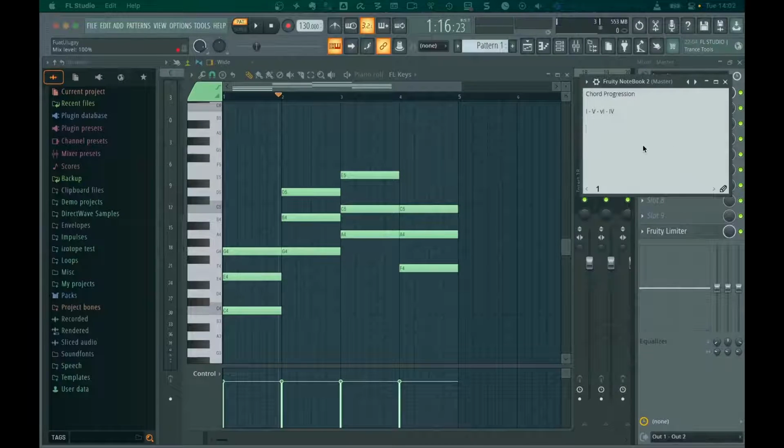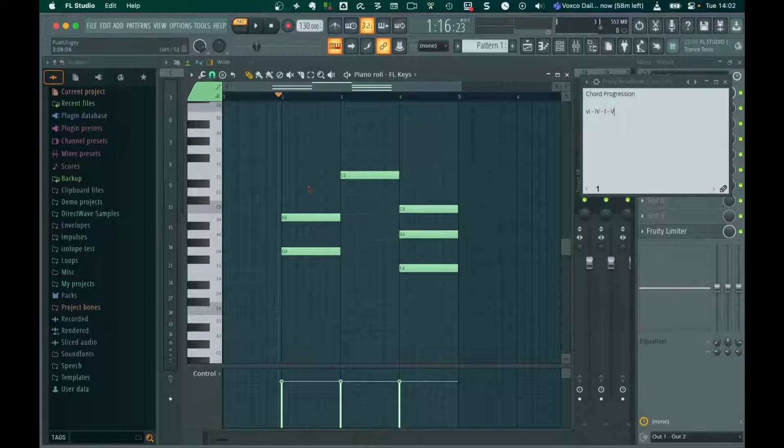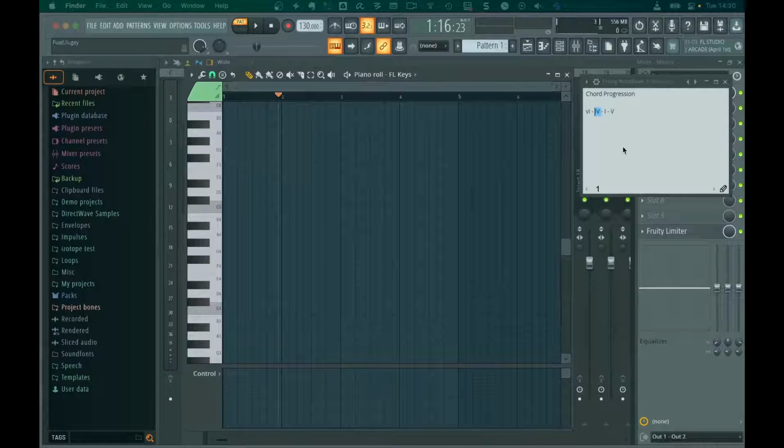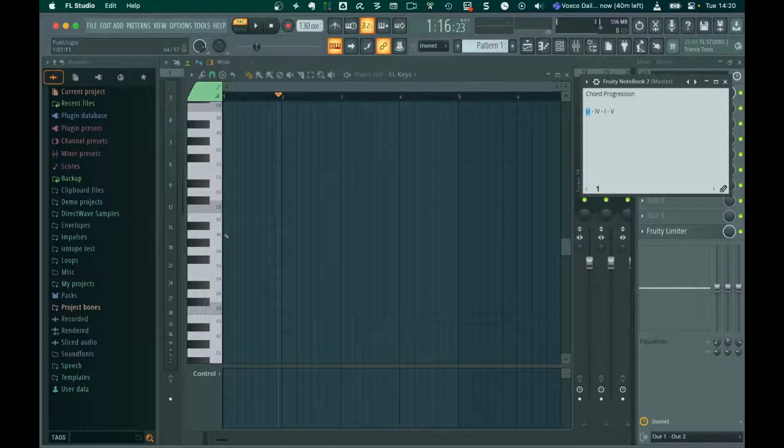Okay, now let's try another popular chord. I will delete this one, and this is our chord, and I will also delete all of the notes here. And let's start selecting. The first chord is the sixth one, so again we are using C major, and in C major scale the sixth note is A,